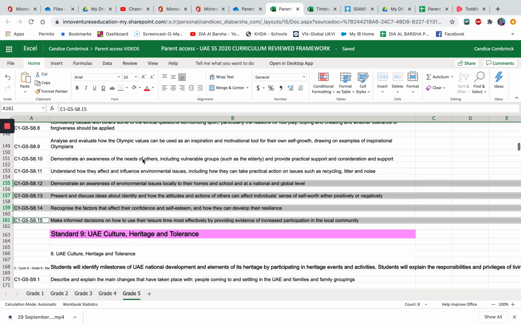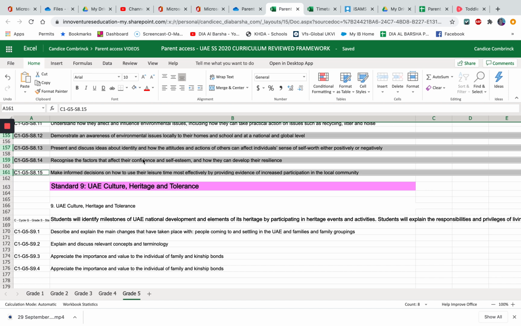You will see on your first learning snapshots that you will be getting towards the end of October, to let you know how your child is doing, UAE Social Studies and Moral Education. For that, there will be a grading between 1 and 7. Ideally, with this being the first time that we're taking a look at it, because it's a new curriculum framework, your child should be wanting to hit between a 4, 5, or 6.